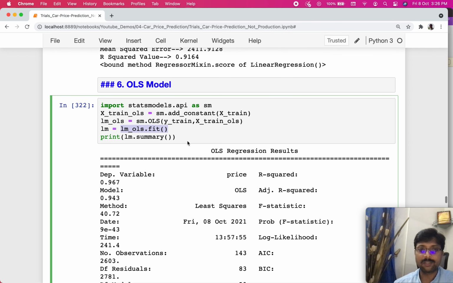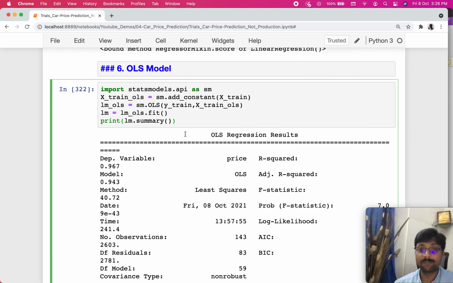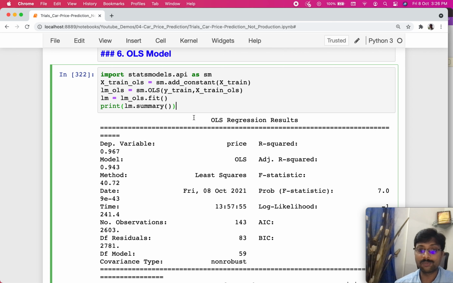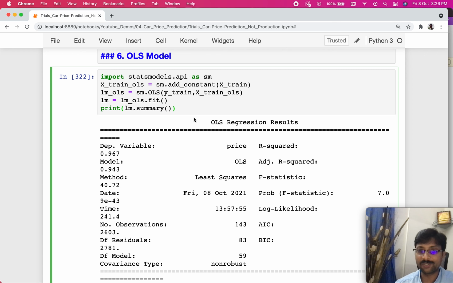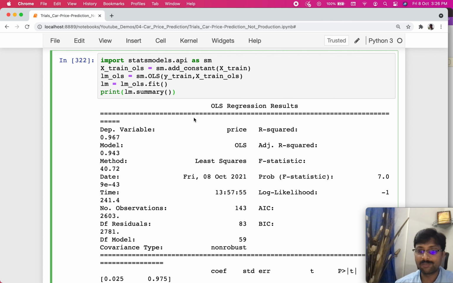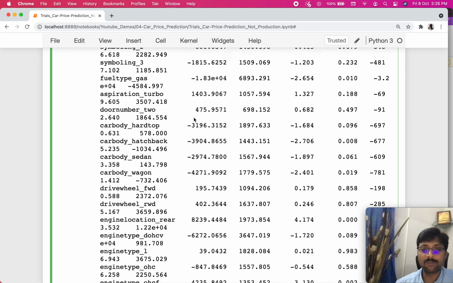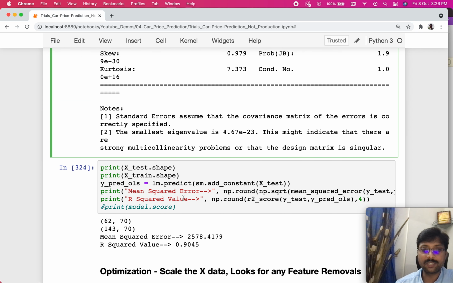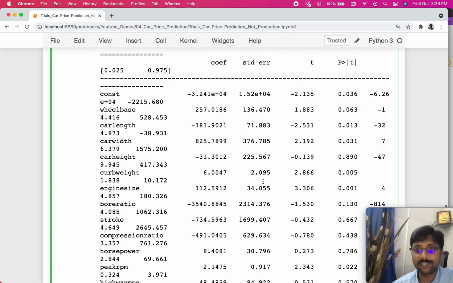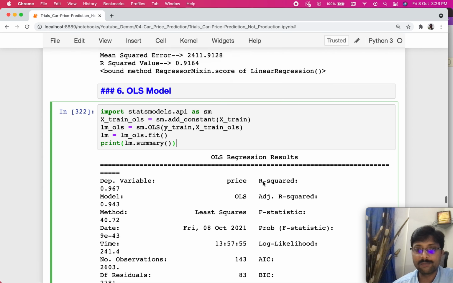After that, we can print a summary of the model. Like I said, OLS gives a lot of very detailed, in-depth parameters that can be analyzed much more deeply later. We will do a separate video, but we will also do the X test and y test predictions here, to see how the model has been performing. So let me first do that, and then we'll come to the parameters. I will give a quick summary of it, but we will do a different video as well.